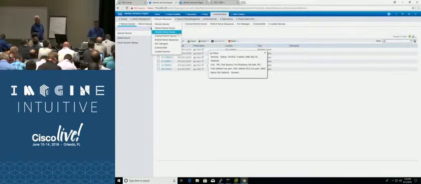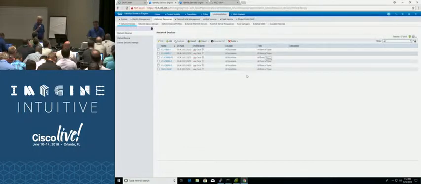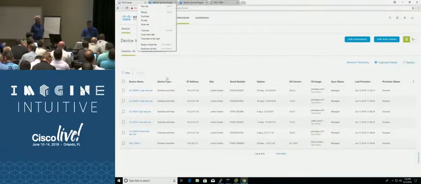So yeah, you notice that those weren't there before when he clicked over there. Now that he's added them in DNA Center, it uses those mechanisms to inform ISE: hey, you've got these devices that are going to be part of this. Right. So let me go back to my